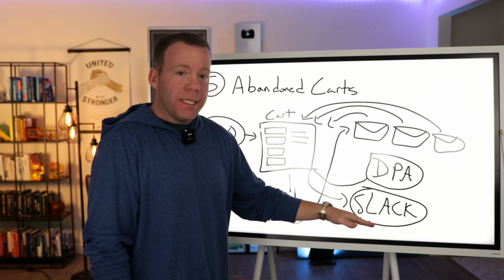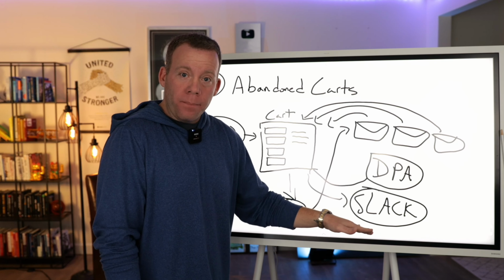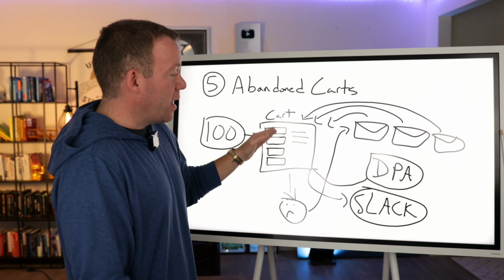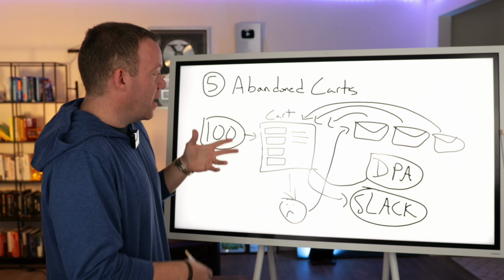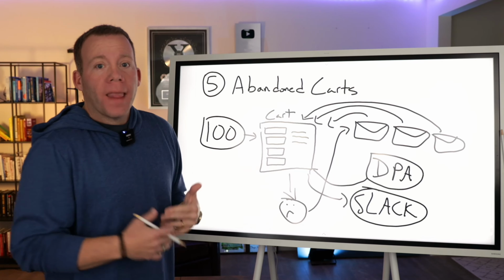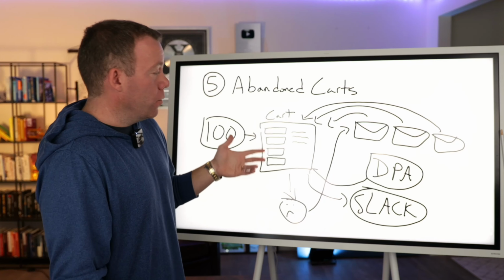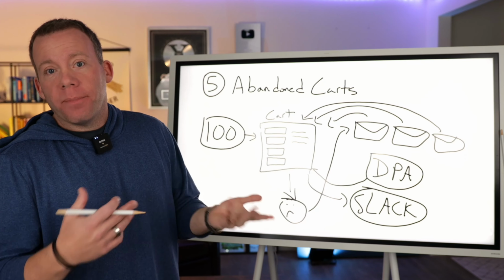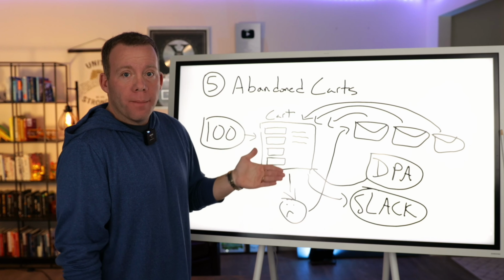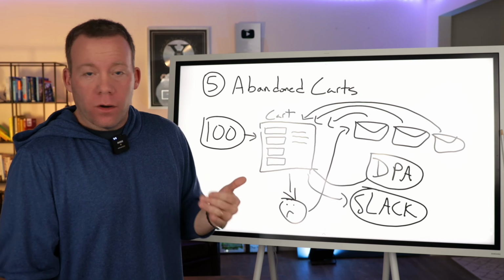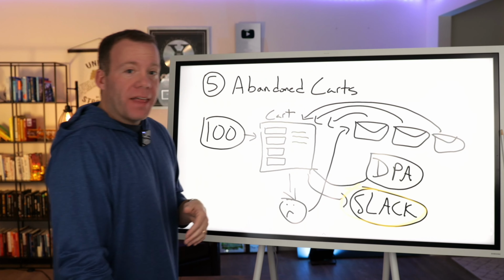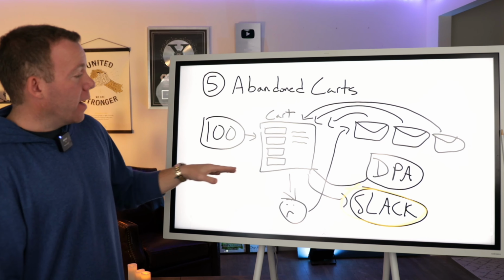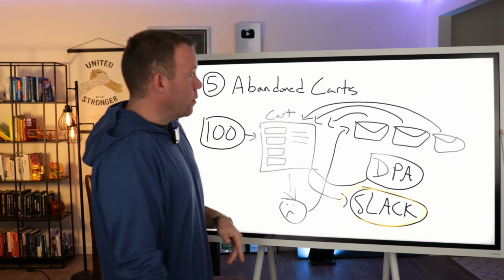And then what we have our team do is text them and call them. Again, 15 minutes right after that abandoned cart takes place. That is when that lead is the warmest. That is when we could find out why they didn't complete their order and do what we can do to turn them into a customer. Did they need a better price? Were they unsure of something before they bought? Was shipping taking too long? What was the issue? We can address that in near real time because of that Slack automation we have set up. Again, that is covered in module 7 of the blueprints.